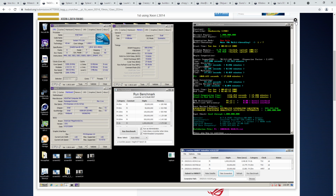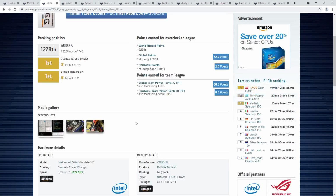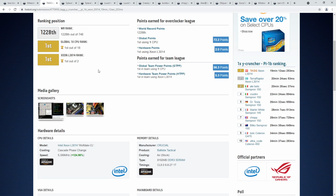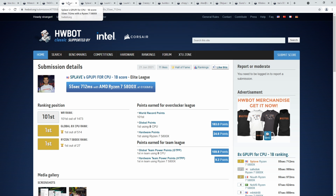But yeah, so awesome score from Tag here for the L3014. I wish I knew more about LGA 775, but great score. Congratulations to Tag on first place in single core Y-Cruncher Pi 1 billion, and let's move on to the next score, which is Splave's GPU Pi for CPU 1 billion score using an 8-core CPU, done with a Ryzen 7